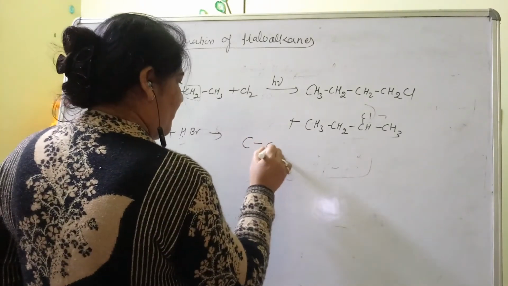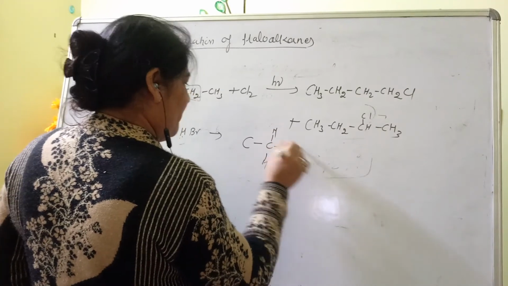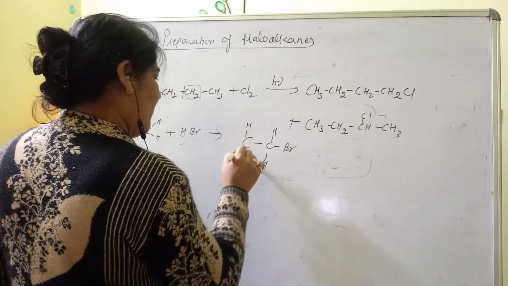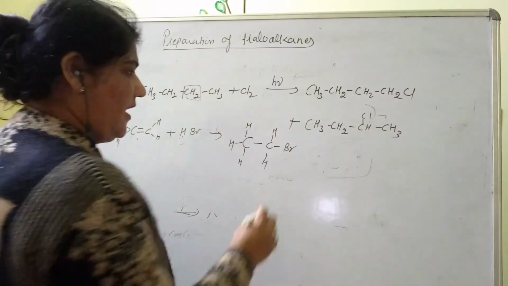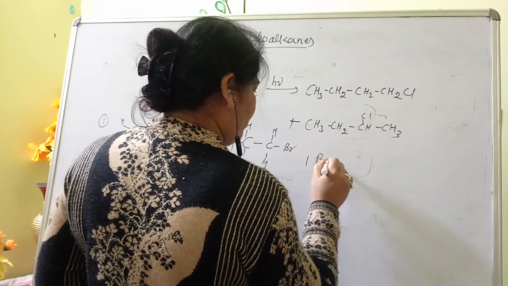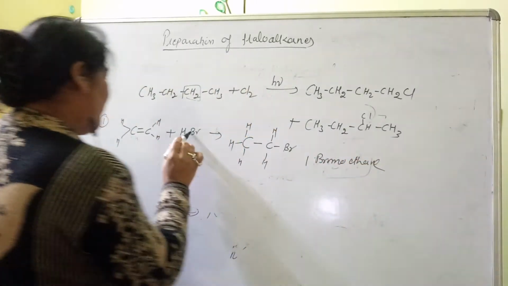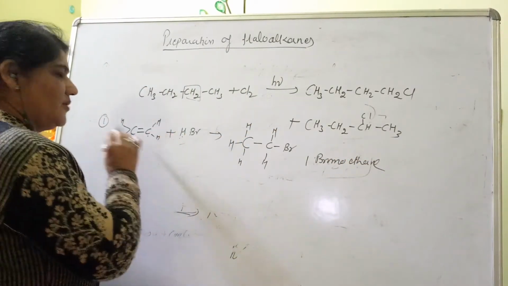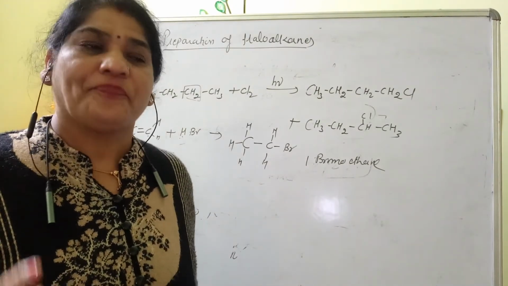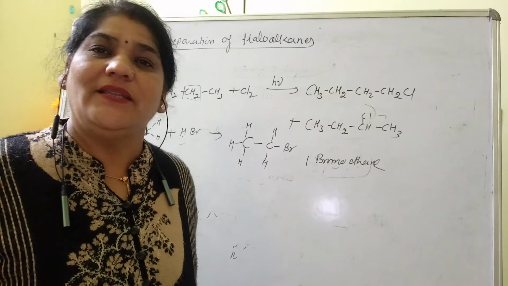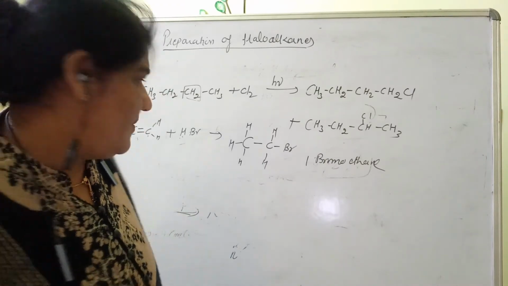So the product is, H was attached, you attach Br here and remove the double bond, that is 1-bromoethane. The product is 1-bromoethane. It makes no difference whether you attach hydrogen to this carbon or to that carbon, because both carbons are the same. In a symmetrical alkene, when you add hydrogen chloride, hydrogen can attach to any one type of carbon.